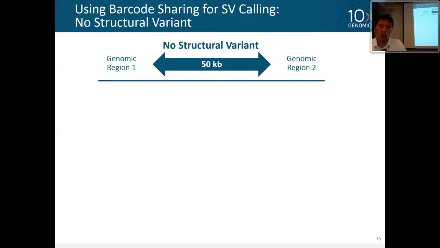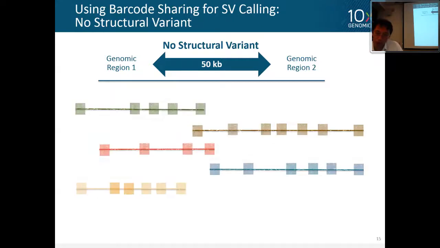So I'm just showing you one example here. You can see this is genomic DNA region 1 and 2. This is your reference DNA, and there is a 50,000 base potential structure variation, which is very big, in the middle. Okay, so in the case where there's no structure variation,